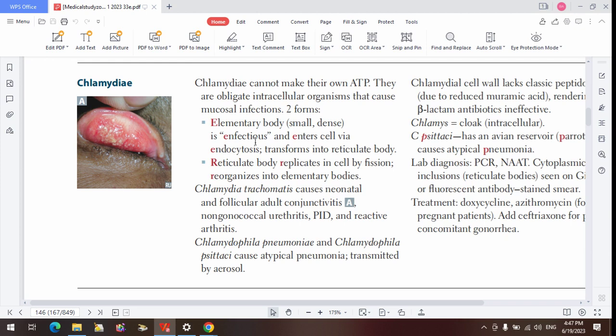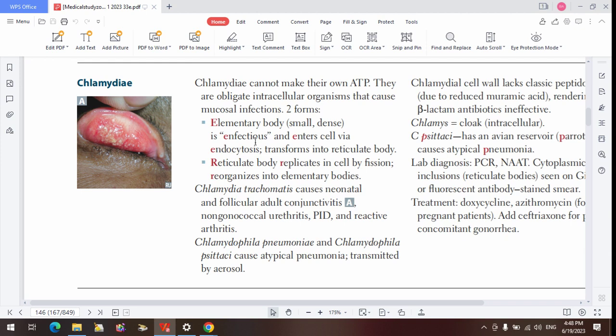By the time it enters into the host, it changes to the reticulate body. The function of the reticulate body is just the proliferative form. That's the metabolically active form. That one replicates using the biosynthetic mechanism of the host. All the nutrients it's getting from the host, it replicates with them by binary fission, dividing into multiple forms, and later they change back to the elementary body. Then the elementary body ruptures the cell and they can escape into the environment, or into semen, or into the vaginal epithelial cell,